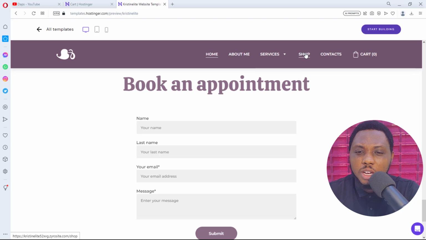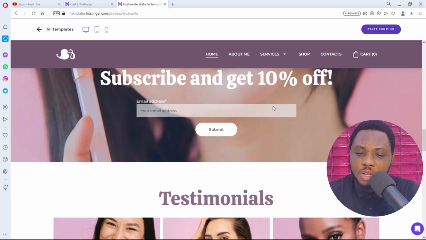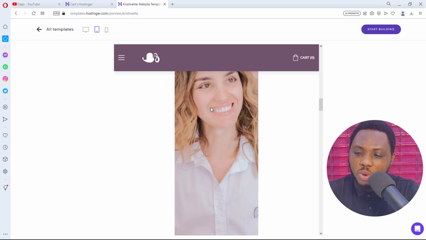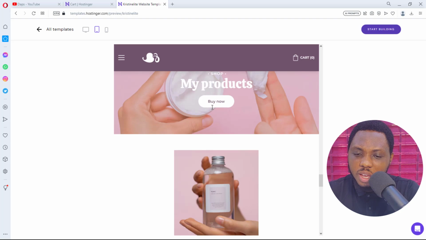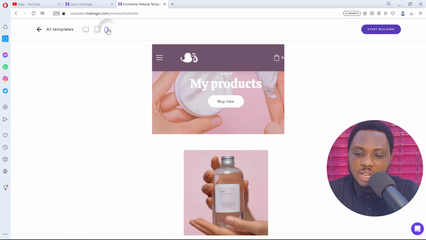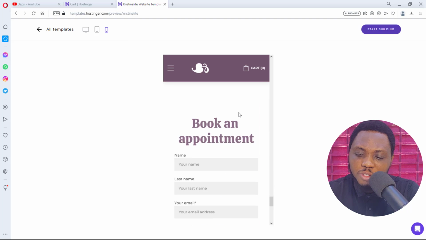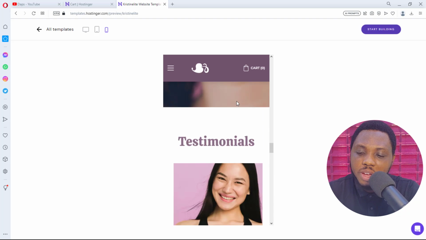And the amazing thing about their preview here is that you can filter down to see how this website will look on different devices. So this is exactly what it will look like on a laptop or on a desktop. If you switch to this, you see how this website will look on a tablet or an iPad. So you can see fantastic stuff here. And also you can switch to see exactly how this will look on mobile. So you can see the mobile view too is highly optimized, and this website is super responsive to every device,